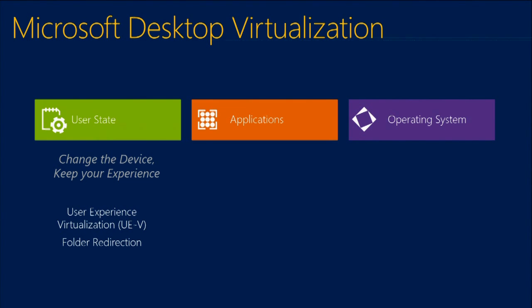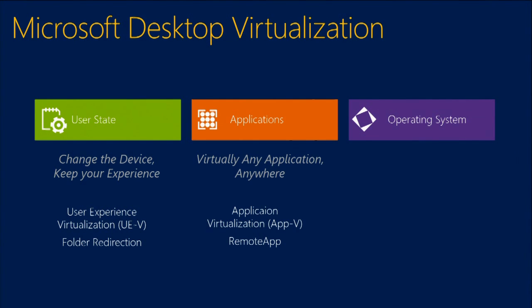The challenge is there are key applications for which I have to have a consistent experience. Otherwise, every time I get a new machine, or every time I log into a machine for the first time, I have to go and open up all the applications, and it takes up way too much time, and it impacts productivity. However, UEV, while it's great at roaming application settings, in order to enhance the UEV experience, you need to couple it. And coupling it with folder redirection is a great way to go.